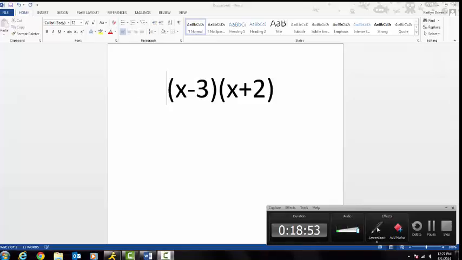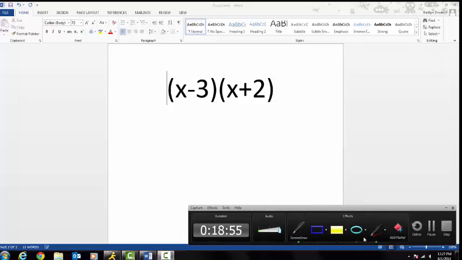Okay, now this is our problem right here. So you're going to start and you're going to distribute this x to both of these. Correct? Correct. So x times x,